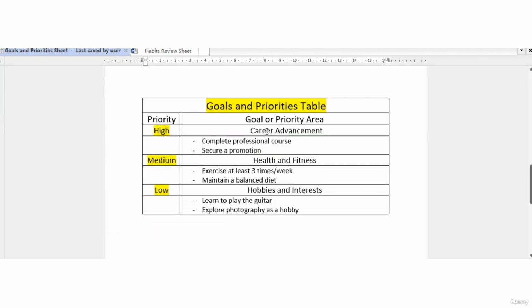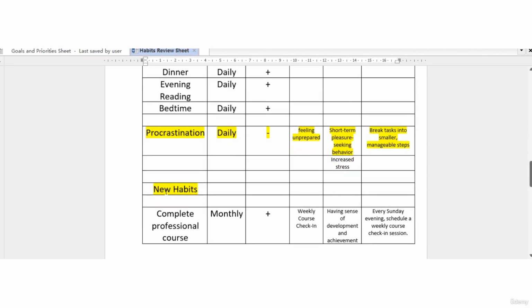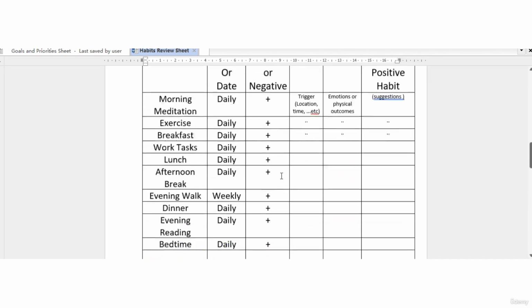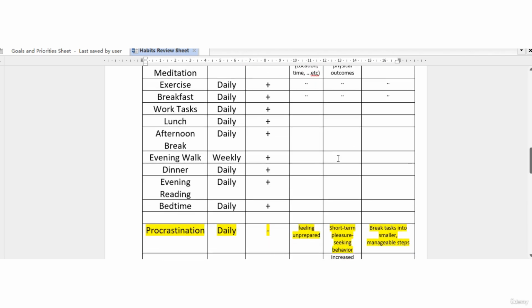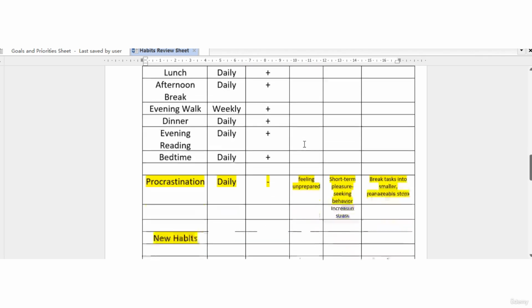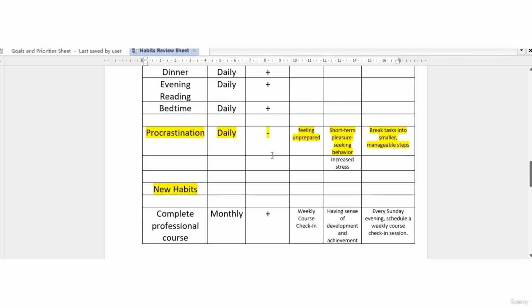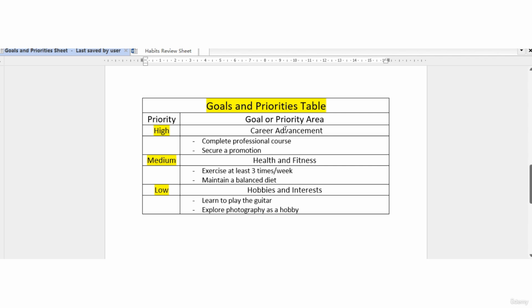So also, if I feel that I have the space for new habits, and I have a specific goal I need to achieve, for example, career advancement, I need to add new habits. So this table too can help me add new habits. And when you add new habits, in the same way, you need to fill in the cue, reward, alternative positive habit, because it's a new habit to you, and you need to make it stay with you. So, for example, if you go back here, we have career advancement as the main goal,